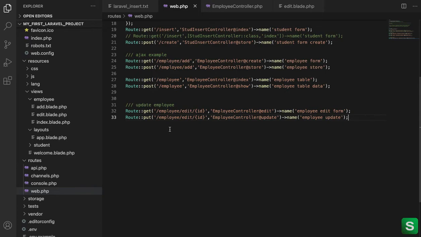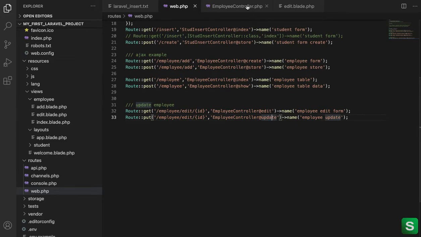Employee can update first name, last name, email address or city. So all four fields he will update. So we are using the put method here, and the get method to load the form. So here edit, after that this is the wildcard ID. This will be the ID of the employee while getting the data and while updating the data. Here we use the edit method to load the form and the update method to submit the form, right?